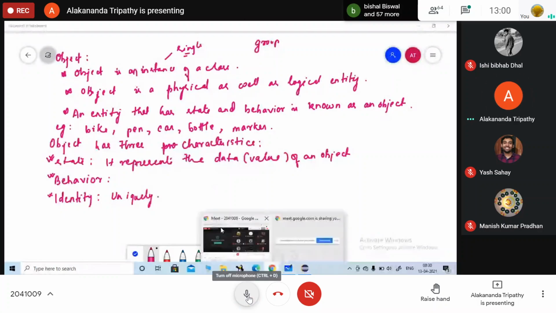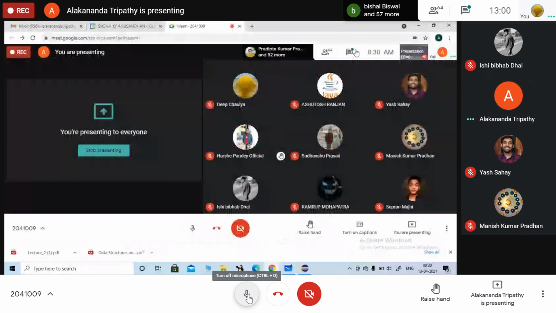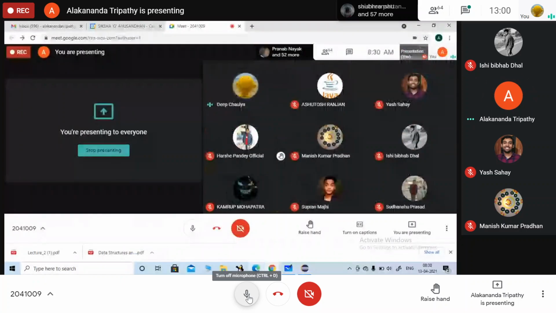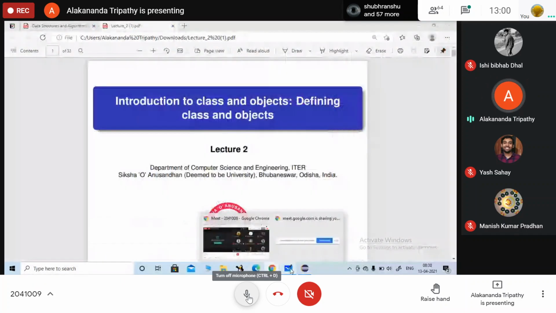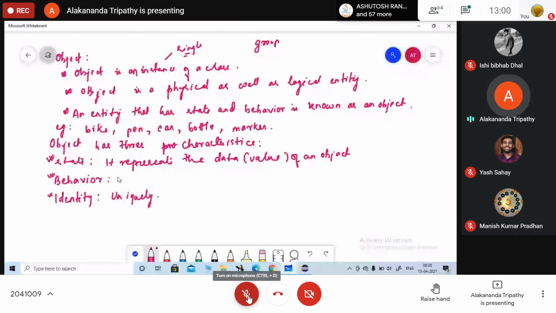And state means like the registration number of a student? State represents the data value of an object. मतलब तुम्हारा identity हो गया तुम्हारा registration number. And behavior, how a student object is going to behave, वो उसका characteristics है. And state मतलब उसका सब कुछ value है ना? It contains some value like your marks. So each student has some marks, attendance. That represents your state. Okay?